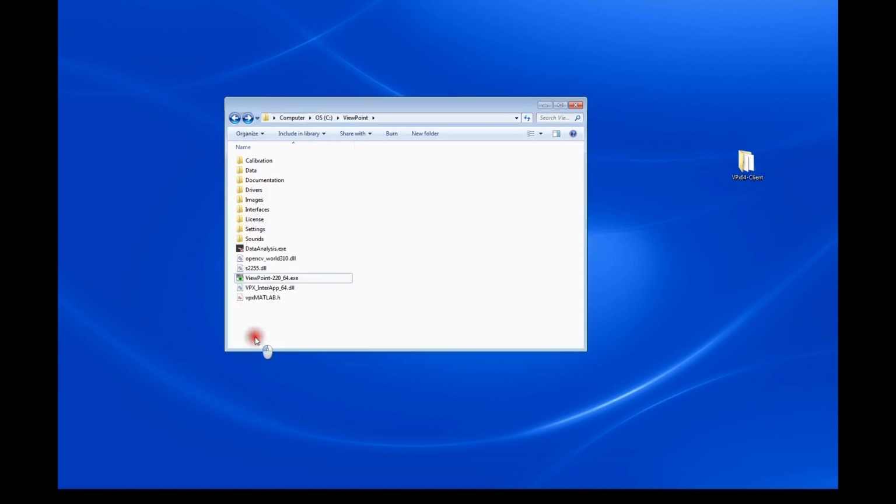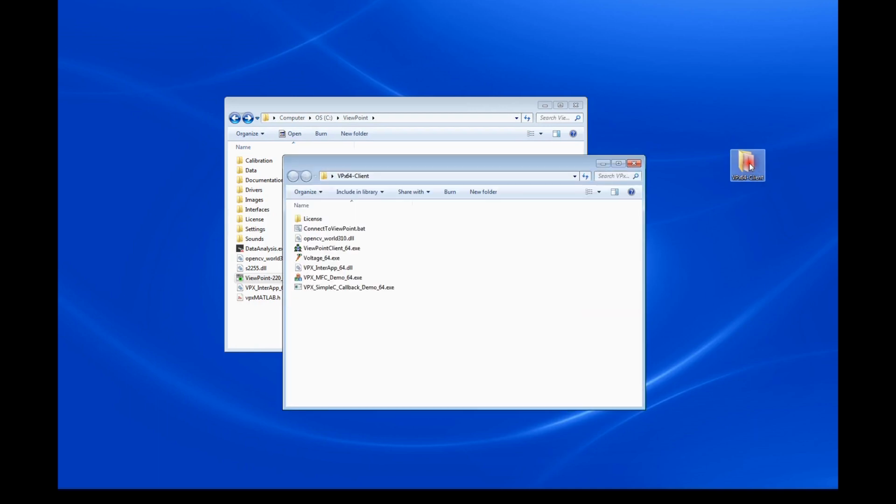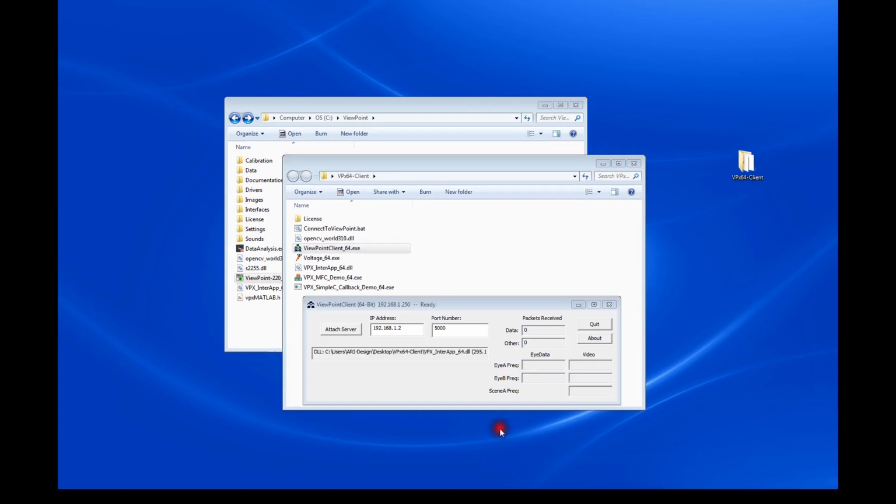Start the ViewPoint application. This automatically starts the built-in server. From the copied client folder, click on the ViewPoint client executable and open the ViewPoint client. Enter the IP address of the computer on which ViewPoint is running. You can find the IP address of the computer on which ViewPoint is running by going to the Help,